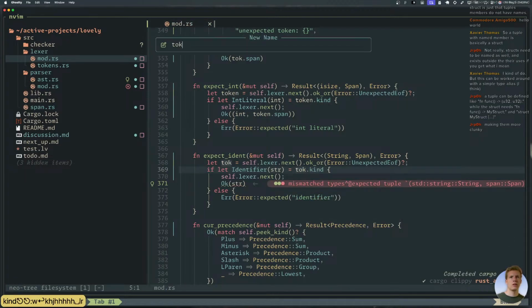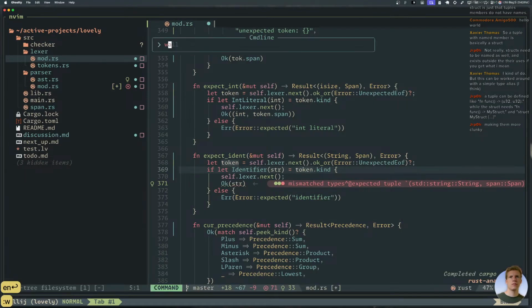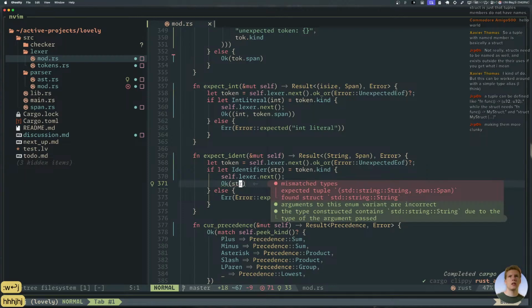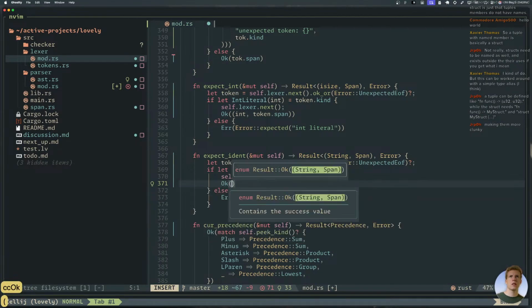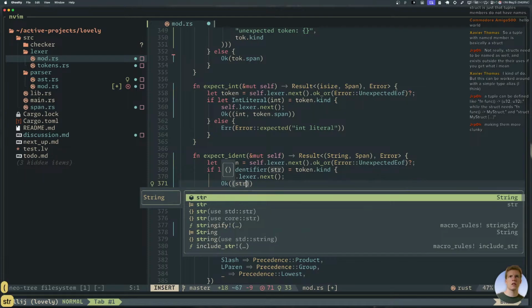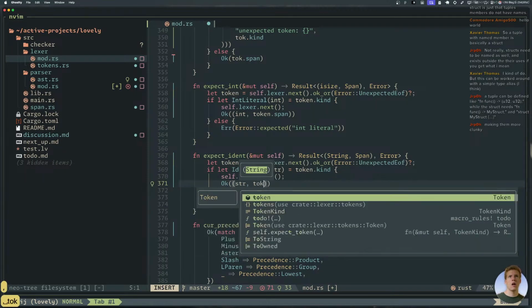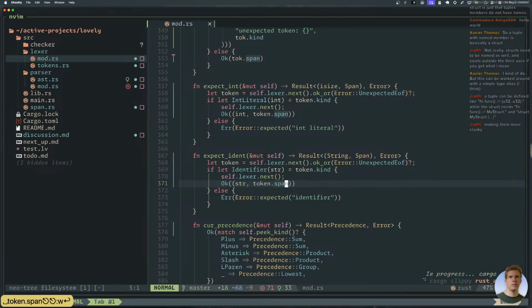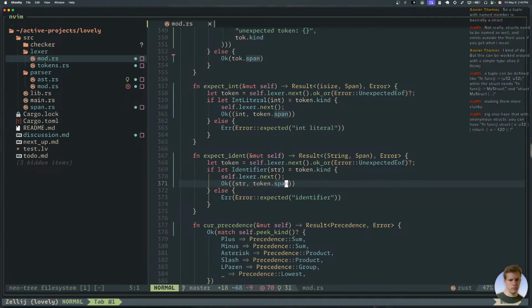Guess we should rename this to token. And then here we'll say that. That's nice and zig. Yeah, that's cool.